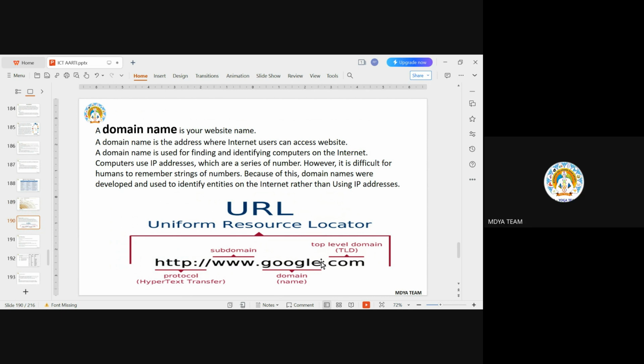UGC NET is the domain name because you want to go to the site of the UGC NET. When you add www.ugcnet and after that .nta.nic.in, this is an extension, because when a domain name is created we can purchase, we can buy our own domain name, our own extension. Top level domain we can purchase.